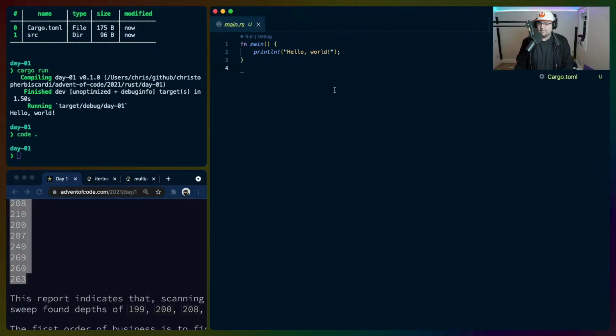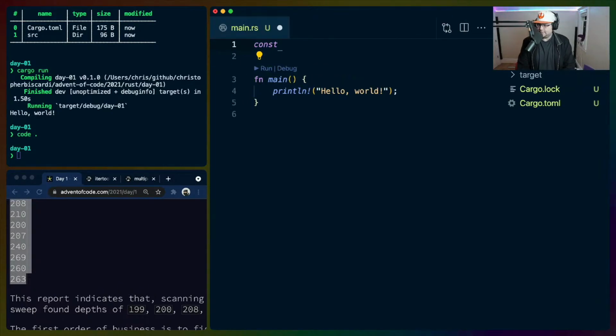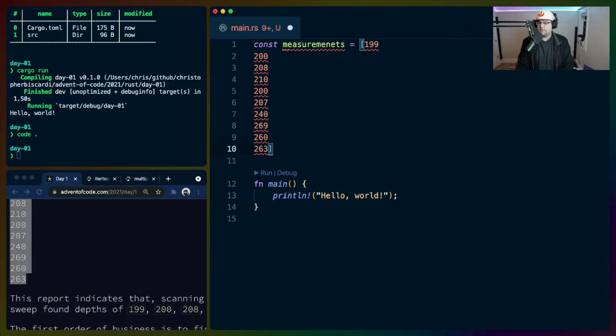All right, so this is a number of these. So let's just do, is this big enough? Can people see the Rust? Let's see, const measurements. We'll do measurements equals this.